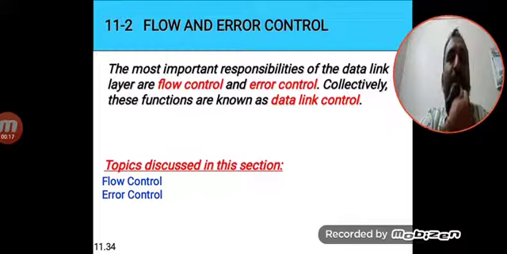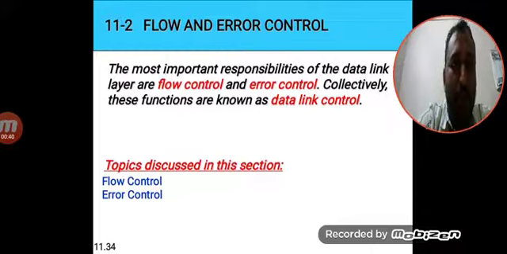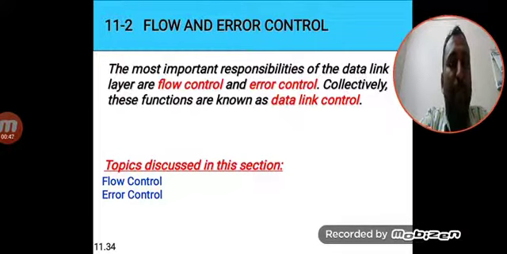So what we have seen in that is the data link layer is supposed to work for two important functions. One is called data link control, in which the data link layer will resolve the issue of error control as well as flow control. The next role that data link layer will carry forward is the access control. So two major responsibilities lie with data link layer, that is link control and access control, out of which we